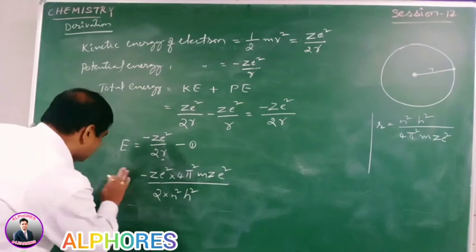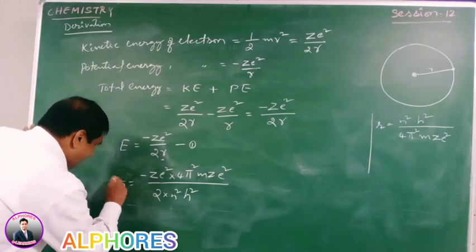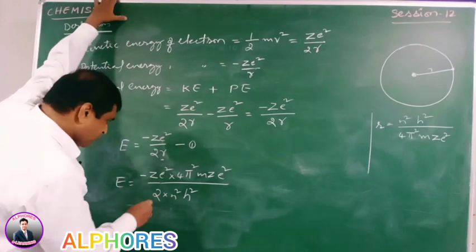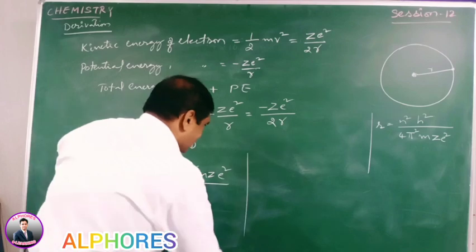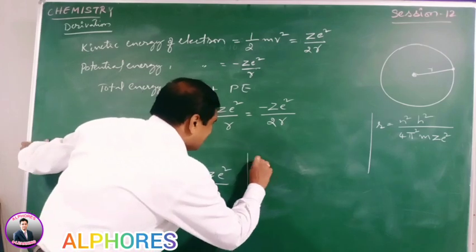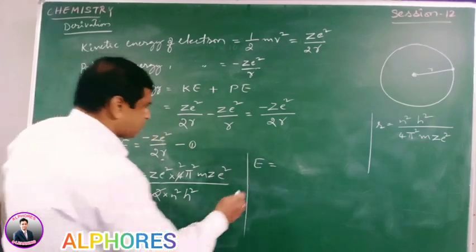Now let us cancel the similar terms, 2 to the 4. So let us write here the total energy of the electron,